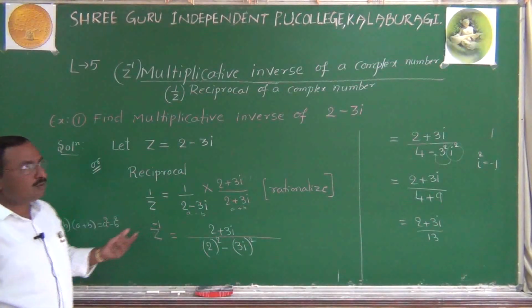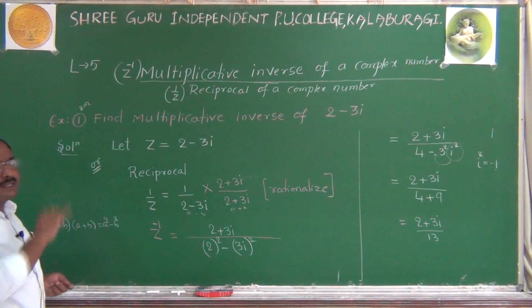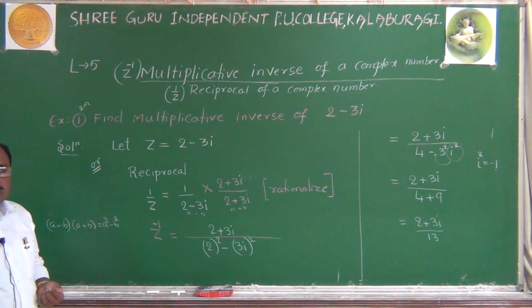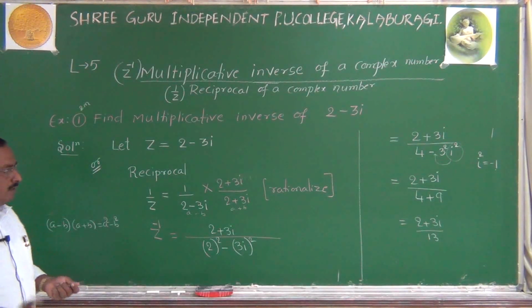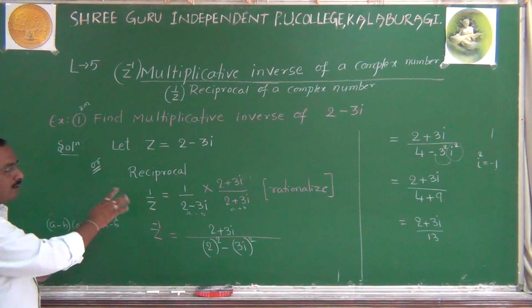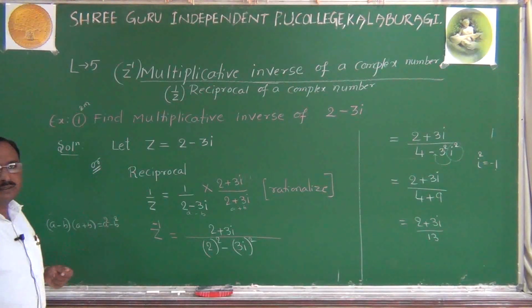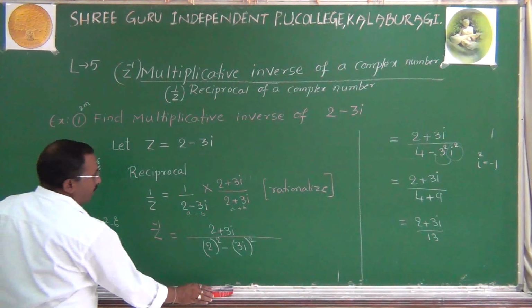Any one method you can use, since it is a 2 marks question. Any one method, either the formula method or the direct method. If you know the formula perfectly, write the formula and solve. Otherwise, forget the formula and apply the direct method. Take the reciprocal. Any doubt?